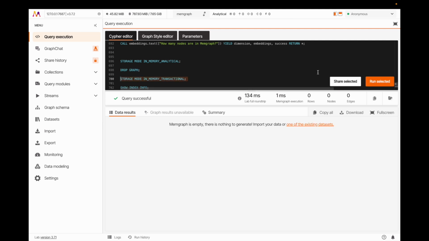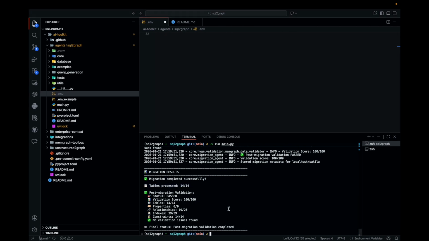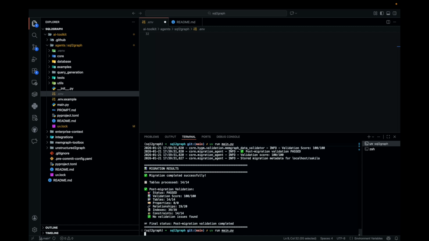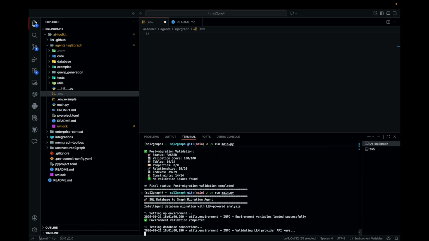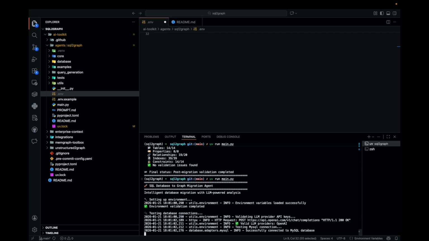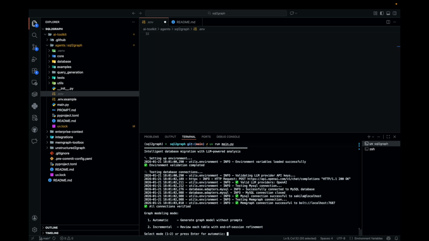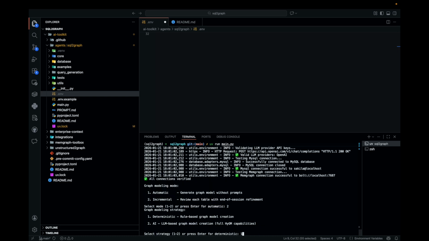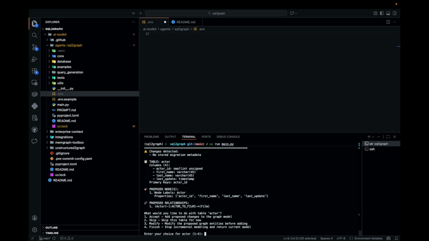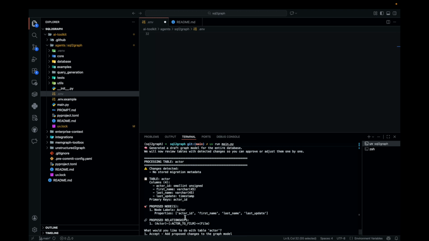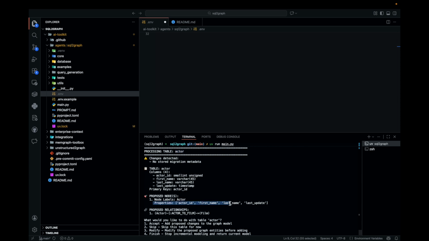I'm going into this analytical mode because it's much faster to just drop the graph. So I will restart the process, or restart the agent, but this time I'm going to use the incremental mode so that I can actually participate in the process. What's happening now, the agent wants to create an actor node from the actor table, and it's proposing the following